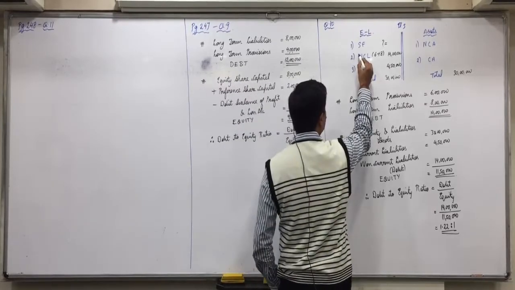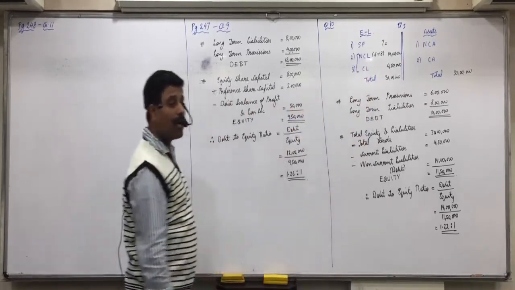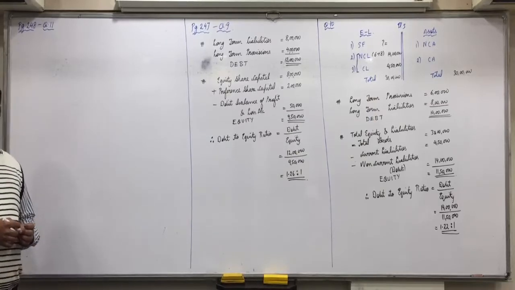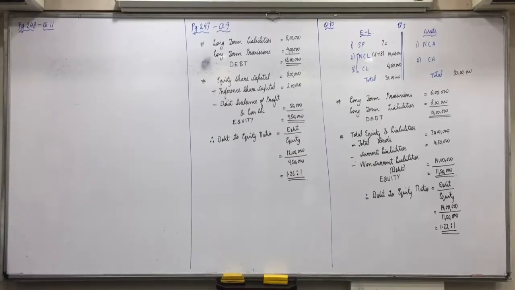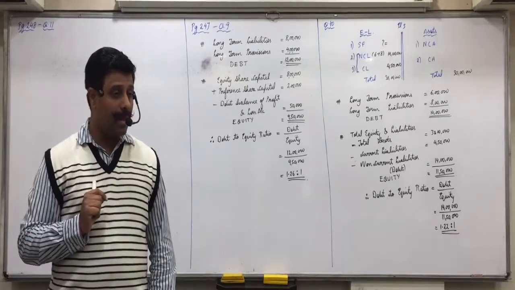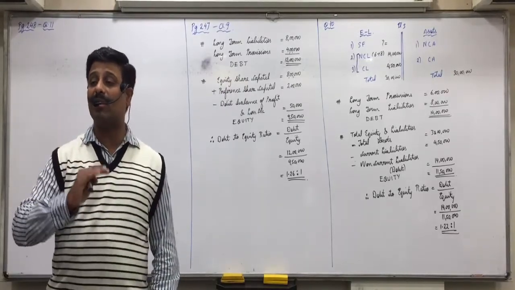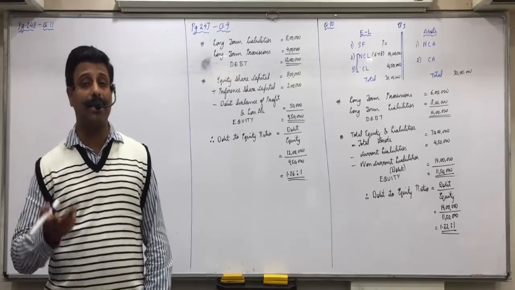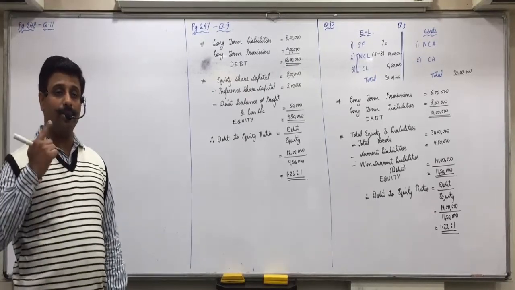Total liabilities will include non-current liabilities and current liabilities. So from total liabilities of 10 lakhs, if you minus current liabilities, creditors, bills payable and outstanding expenses, then will you get debt or not? Total liabilities are 10 lakhs. Current liabilities you can see are 4 lakhs: 1,60,000 plus 1,40,000, 3 lakhs plus 1 lakh, 4 lakhs. Out of 10 lakhs, current liability 4 lakhs. So non-current liabilities 6 lakhs. That is debt. Raise your hand who did not understand this.